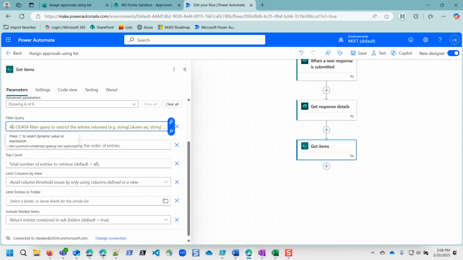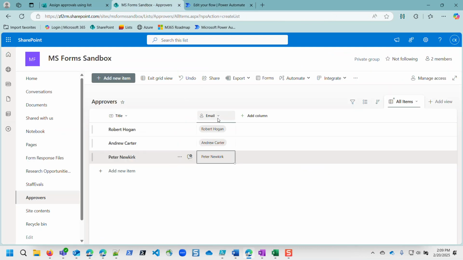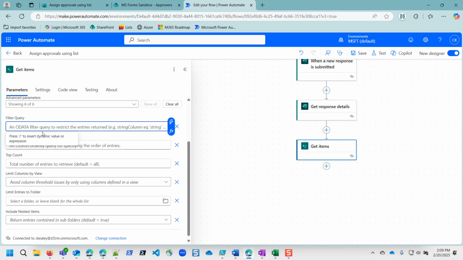Now this OData filter query can be a little scary. These can be complicated to set up, but this one's actually pretty straightforward. You need to use the internal name of the column, which is one of the reasons I kept this column named something simple like email, because short and simple, that is the internal as well as the display name for the column. So I need to type in the column name, email,